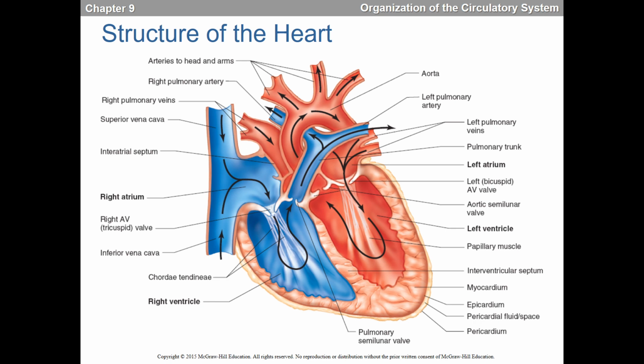But you can use any term. Many professors that I've had actually prefer the tri and bicuspid valves. And I believe there's an acronym to know where all of this is, but I don't recall it off the top of my head, so that's all right. So the right atrium, right AV valve, right ventricle, then the pulmonary semilunar valve, then it's going to come back into the